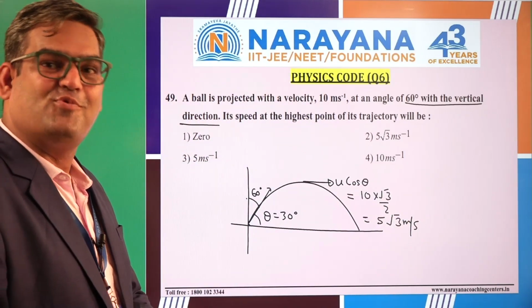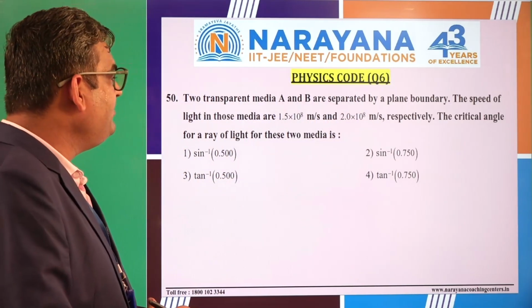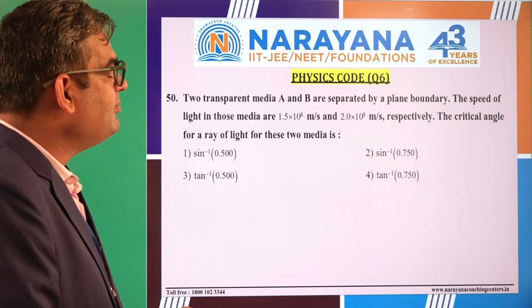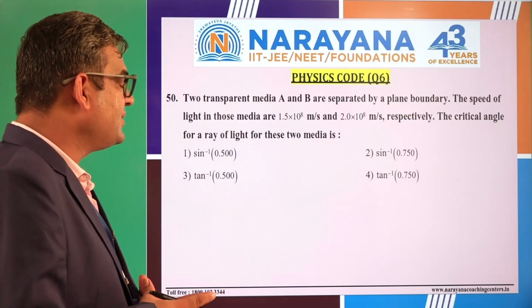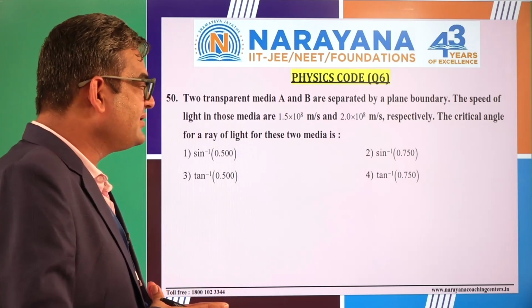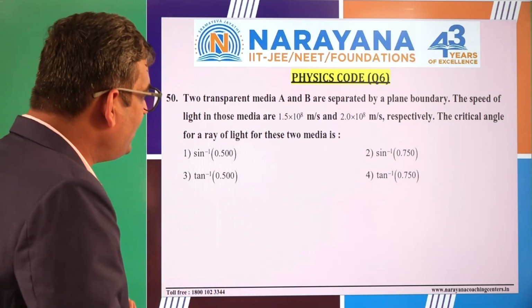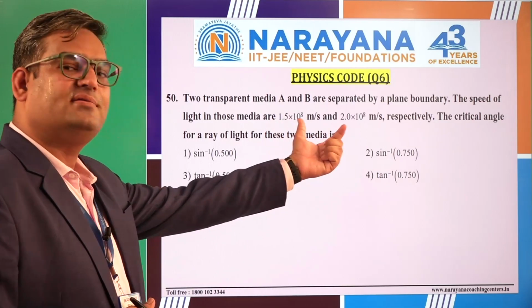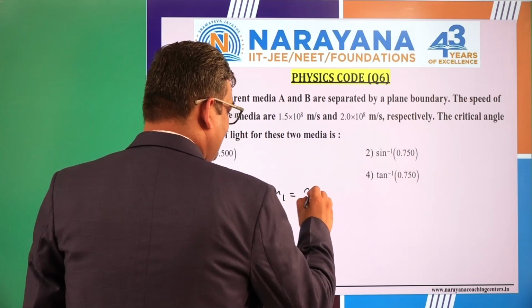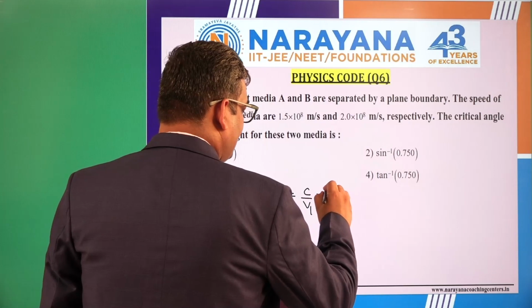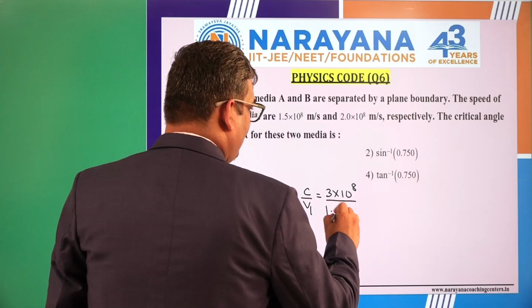Now we are going to move towards our last problem. Two transparent media A and B are separated by a plane boundary. The speed of light in those media are given 1.5 into 10 raised to power 8 meter per second and 2 into 10 raised to power 8 meter per second respectively. The critical angle for a ray of light for these two media is, first we have to calculate refractive indices of these two media. So mu1 can be written as c by v1, which means 3 into 10 raised to power 8 divided by 1.5 into 10 raised to power 8,